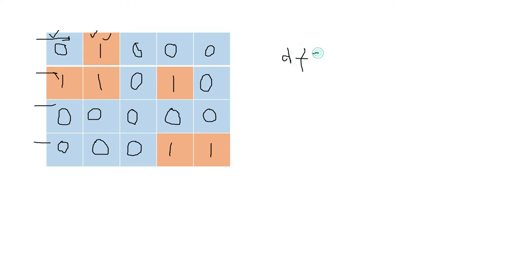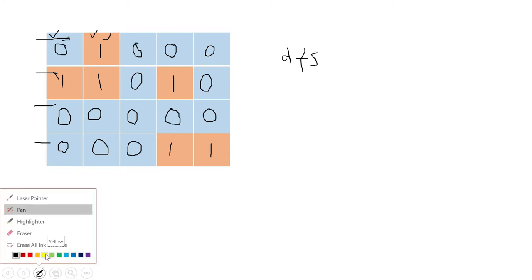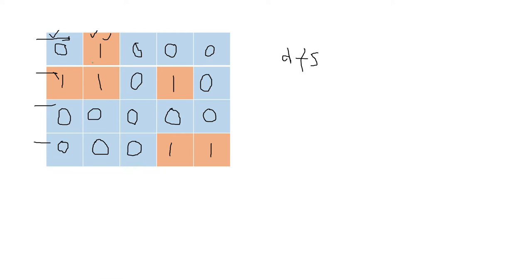So what is this DFS call? DFS call means we have to check for this cell left, right, top or down, whether any other cell is present where the value is also 1 or not. So if we check from here, and I will change the color and show you, let's take some other color. If I go to this direction, 0 is present, that means we will not go. This direction also 0 is present, we will not go. Top we will not go. Down we will go, means our call will proceed because here 1 is present. Means we can again go and search for any area which is also 1 or land.